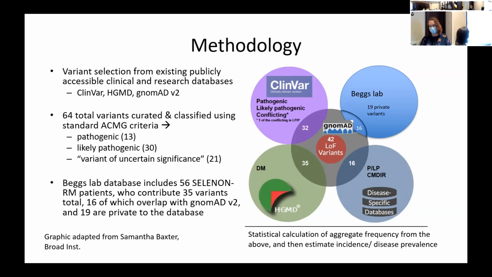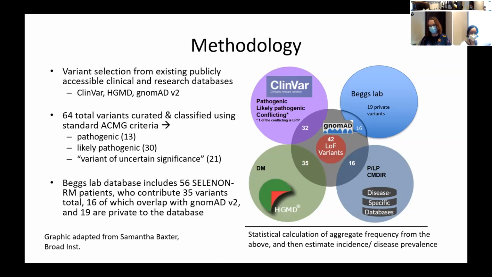And so what we did was we first had to collect all the variants and then run them through a pipeline, and this was done by our friends at the Broad, who cannot be here today. They run this through a pipeline where they sort of redecide, do we think this is pathogenic? Do we think this is disease-causing? Is it likely disease-causing? Or is it that very frustrating term for so many clinicians and families, variant of uncertain